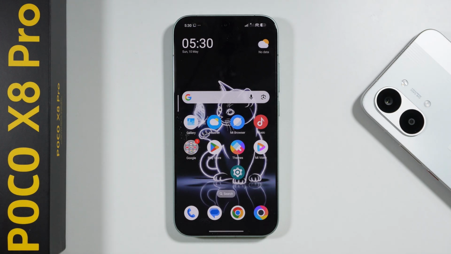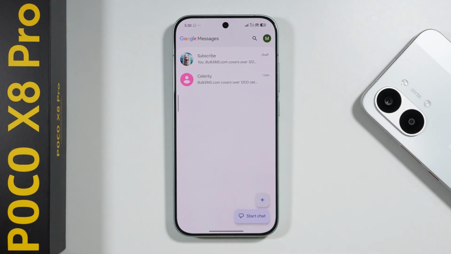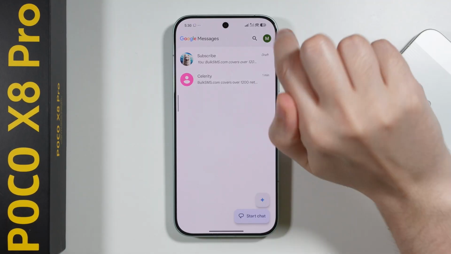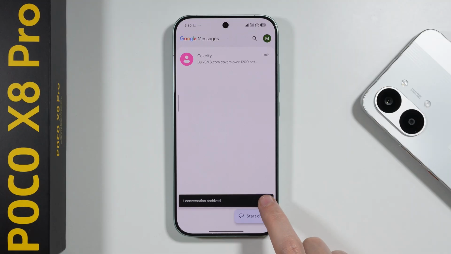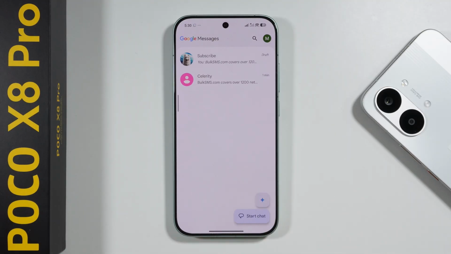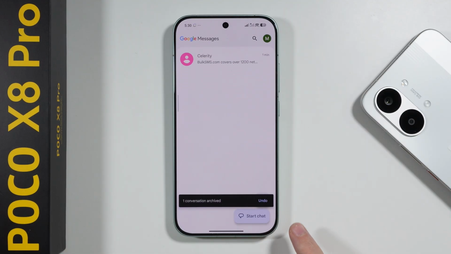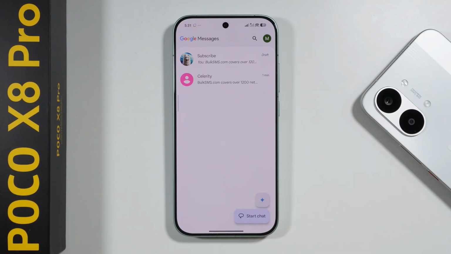To find archived messages on POCO X8 Pro or Pro Max, of course, we're going to go to the Google Messages app. And in here, if you accidentally archive a message, you have a couple of seconds to undo this action. So if you still have this undo option, which is very unlikely, but still, if that happens in the future, if you see the undo option, you can just easily use it in order to revert that and unarchive